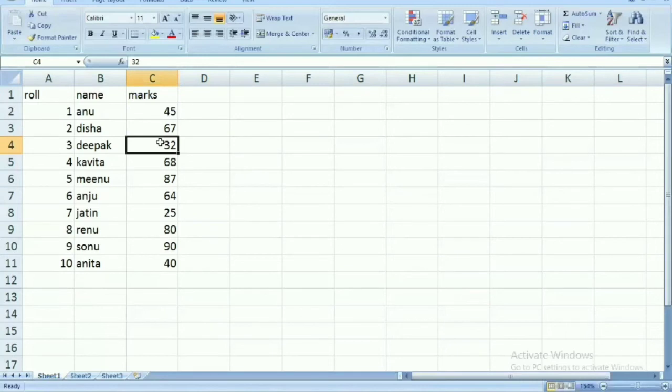Moving of cell content. How we can move the cell content from one place to another place. Sometimes it happens that we write our text or data at one place by mistake, but I want to write it at another place, but I don't want to delete it from the current place and I don't want to retype it at another place. So we can move it from one place to another place. There are two methods. First one is drag and drop.